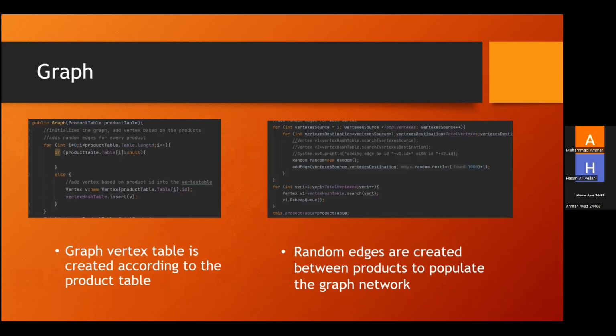So in the graph data structure, we basically pass the product table, and from that we initialize a vertex table, so that in the graph data structure we can directly access each vertex using its product ID. And when the graph data structure is initialized,